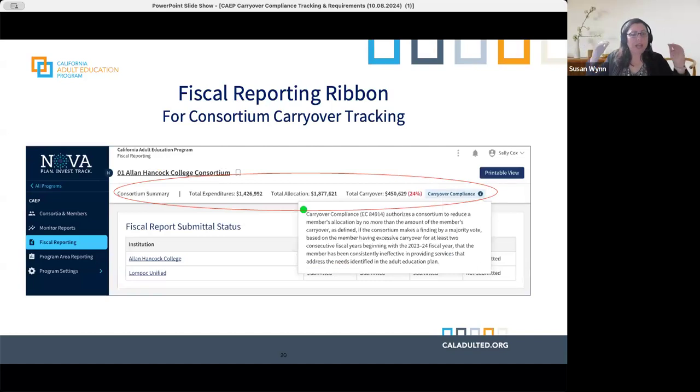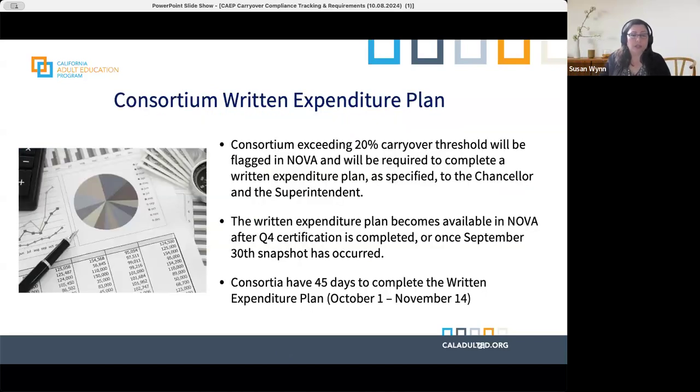the consortium. In the fiscal reporting submenu of NOVA, when you find your consortium, it shows the tiles of consortiums. You click on the tile, it goes into your consortium. At the very top, there's a ribbon in NOVA, which gives you a little summary for the consortia, where the consortia as a whole is for its carryover. That completes that. If we go to the next slide, I'm going to hand this over to Myra to talk